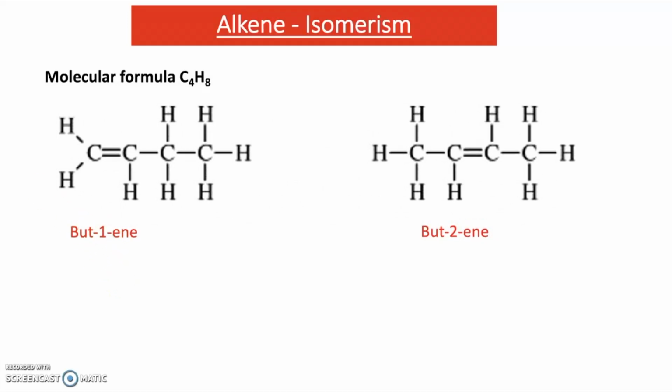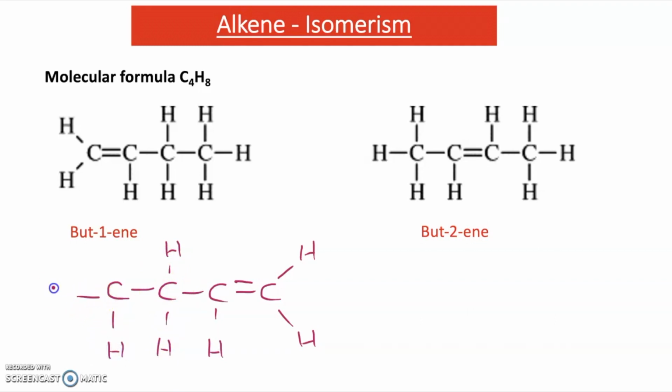Now, there's one other isomer with a molecular formula C4H8 that's an alkene. And you might think that all you have to do to draw this is just move the carbon-carbon double bond one more carbon along. So in other words, put it between the last two carbons. Now if you did this, you would be wrong, because this is exactly the same as one of the isomers